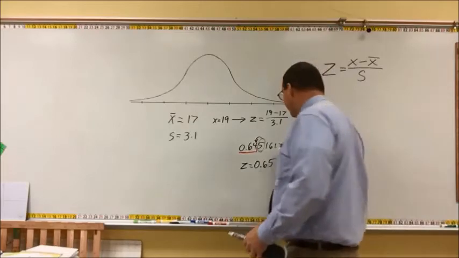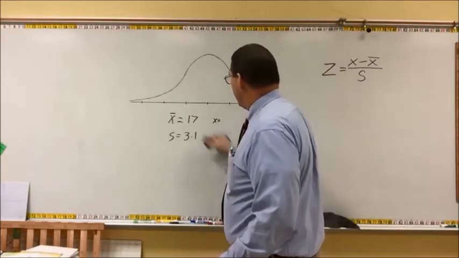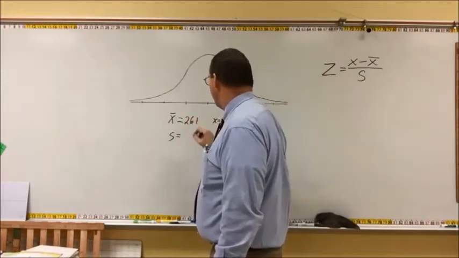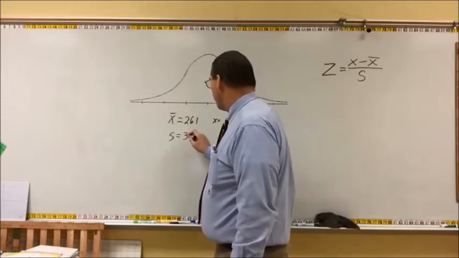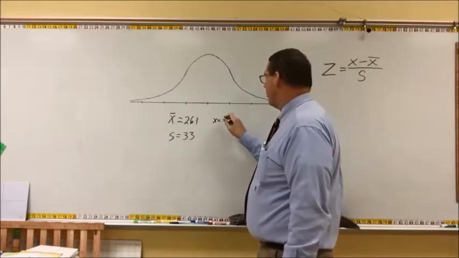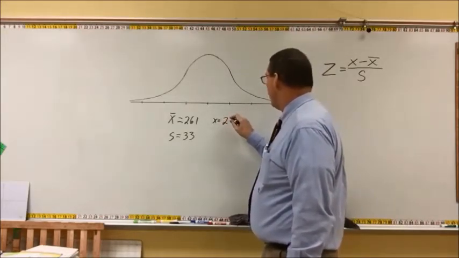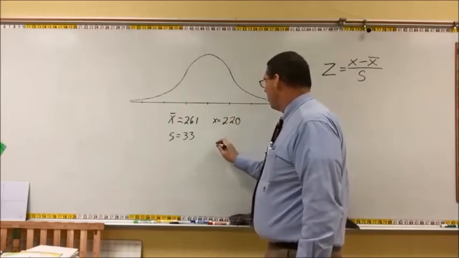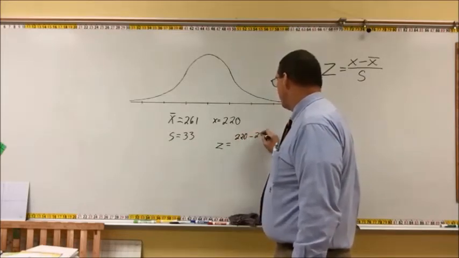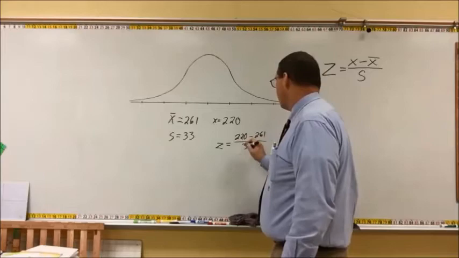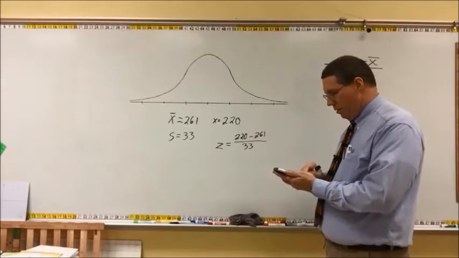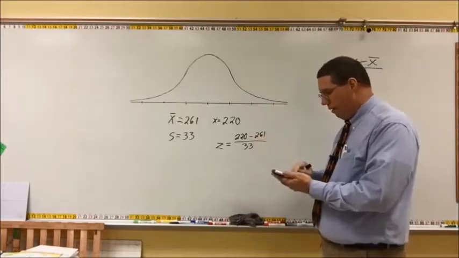Let's do another one. Let's say that the mean of the population is 261, and the standard deviation is 33. And we want to know the z-score associated with a value of 220. Okay? So we're going to use our z-score calculation. We're going to do 220 minus 261 divided by 33. Do that in your calculator. I'm going to do 220 minus 261, and I get negative 41